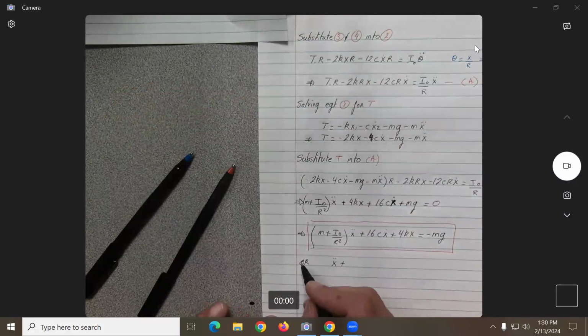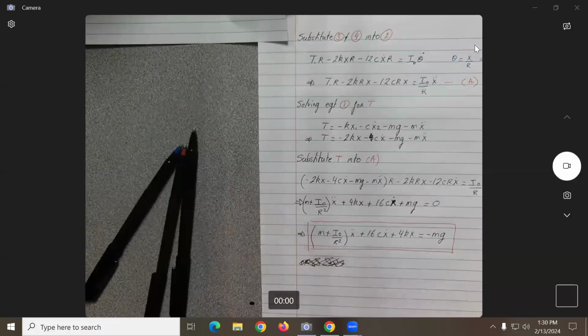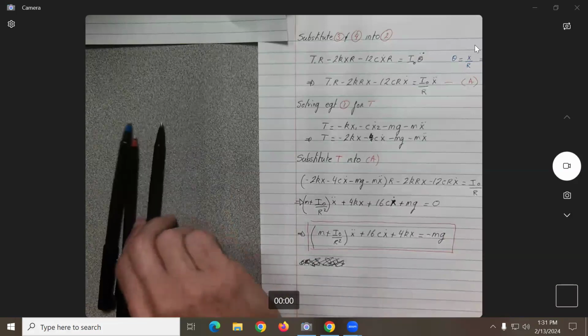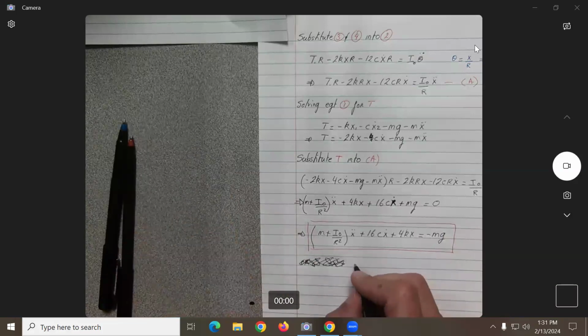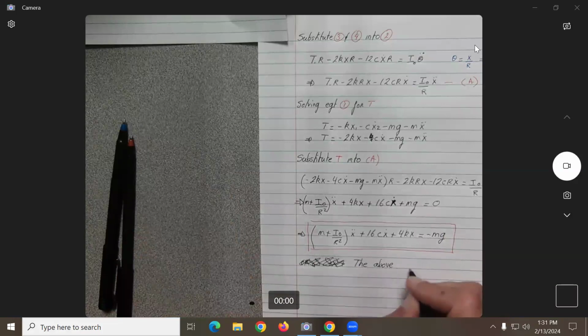Let's leave it this way, I don't want to complicate stuff. What I'm trying to say is that at the end of the day, we say this should be of the form mx double dot plus the other two terms. So the above equation